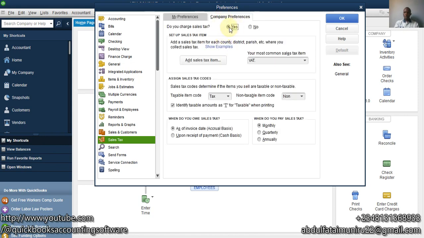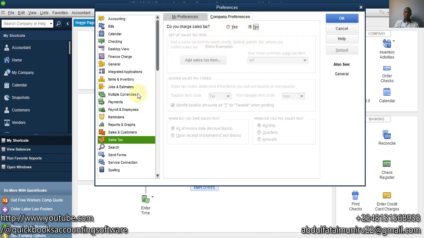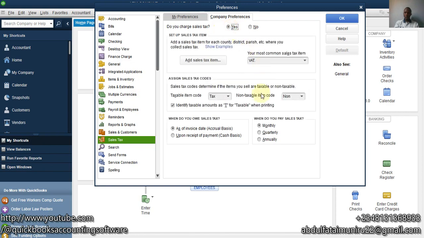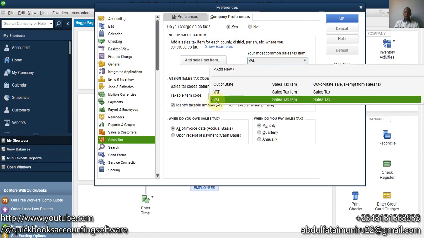You see, you have to tick on Yes. But if it is on No, you are not going to see it on your own page. You have to be Yes. Okay. Now the next thing you're going to do after clicking on this, you're going to create an item, the